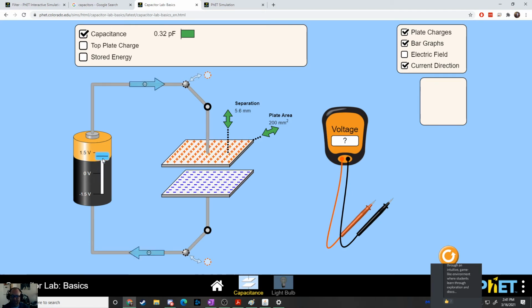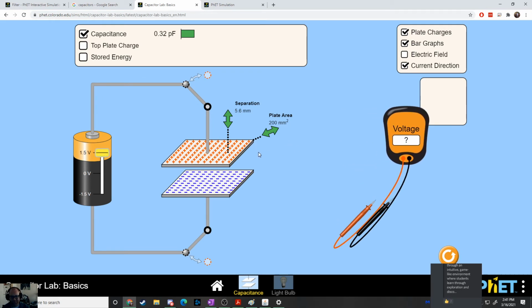And you can see that depending on the size of the charge, or the voltage of the battery, as the voltage increases up to maximum, you get more and more charges represented here. And they're represented by just a bunch of little plus signs. Okay. The next thing we can do is show what we said a second ago,